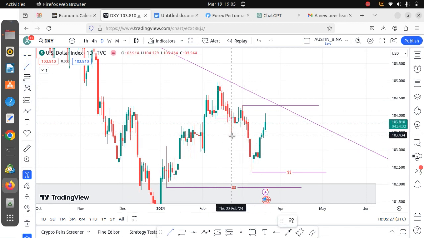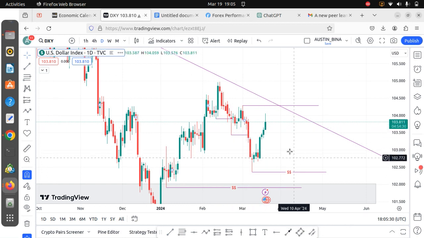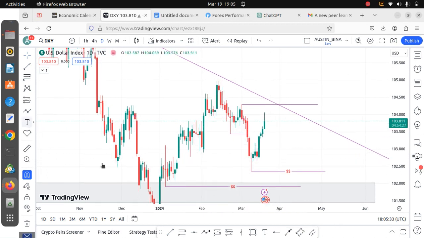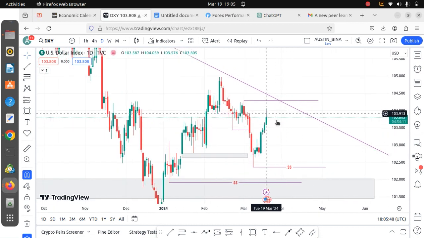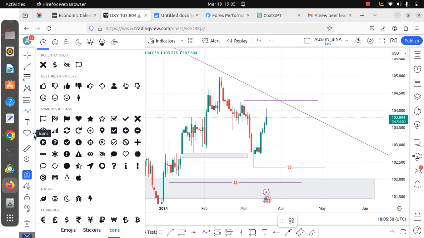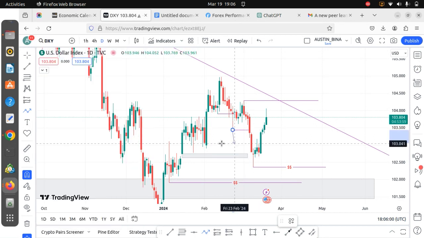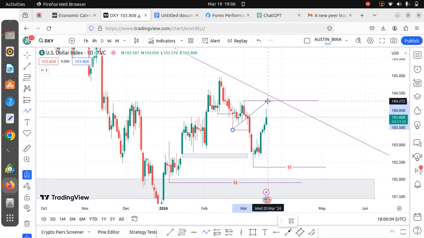Now we can see a break of structure, and then it traded into somewhere. Look at this volume imbalance here. So price traded into this volume imbalance, and then from here it got supported and then started trading to the upside, right? So we start trading to the upside. Right now, we are anticipating that the dollar will start to reject off from this level, right? We don't know the exact level to trade off from, but we can tell you that from where it is right now,